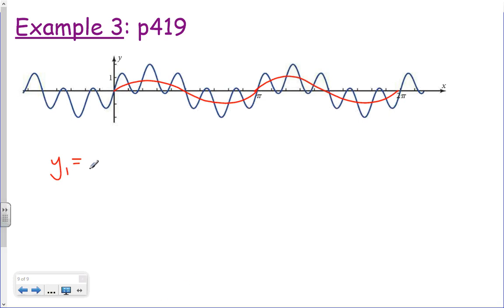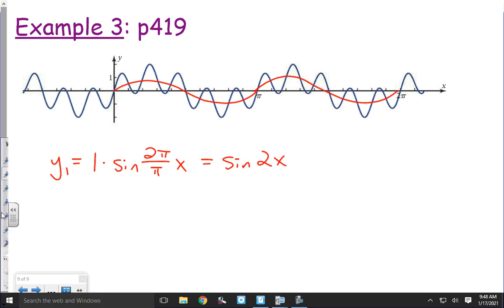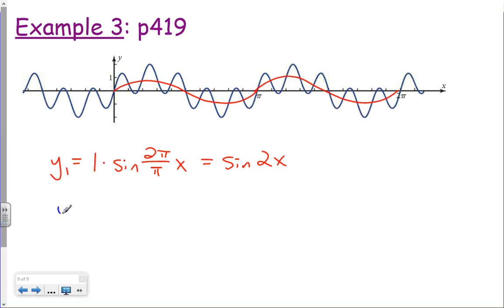So I can rewrite this as 1 times the sine of 2 pi divided by pi times x. This is how we come up with the equation, and now let's simplify it. We have sine of just 2x for that guy. And then for the other function, I think we can quickly go through and find out what y2 is equal